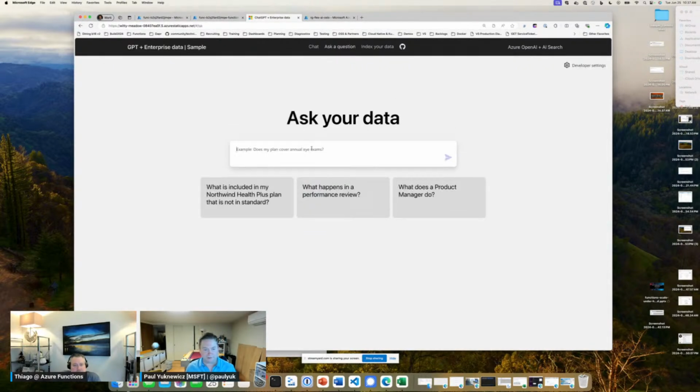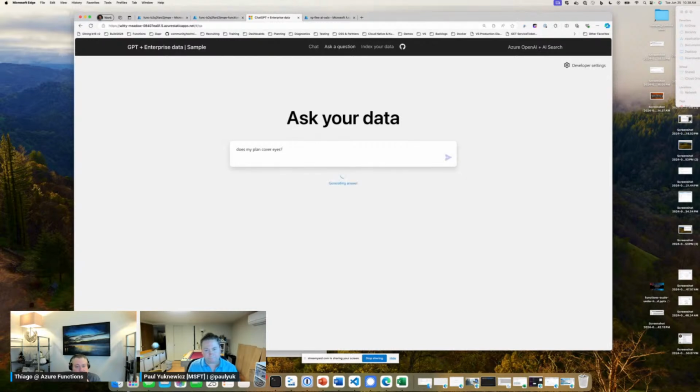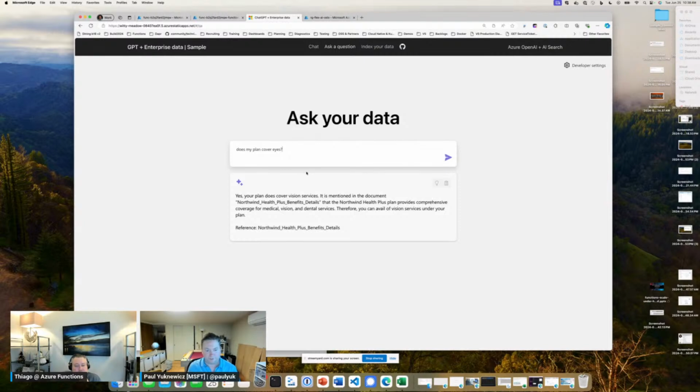And then I can ask a question about the plan, and this is really fast. Does my plan cover eyes? Here we go. I'm getting the actual answer against my own data. And I even get a reference to the document that contained it.